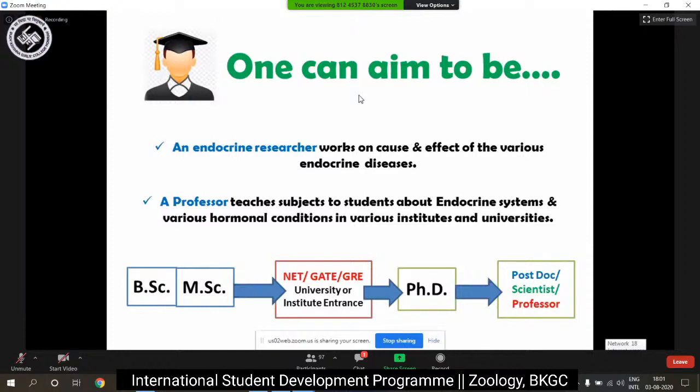Unless and until you have cleared either NET or GATE or GRE. GRE is if you want to go abroad to do your MS and then your PhD from the USA, then it's needed. But if you want to do it in India, NET is the most important, followed by GATE, IST. So you can go for doing your PhD, and from there you can look for doing your postdoctoral studies, become a scientist in any institute, or become a professor in different universities or colleges for that matter. On the other hand,